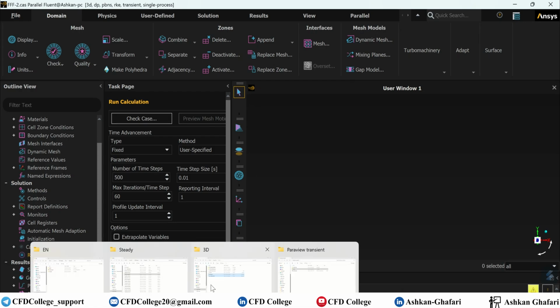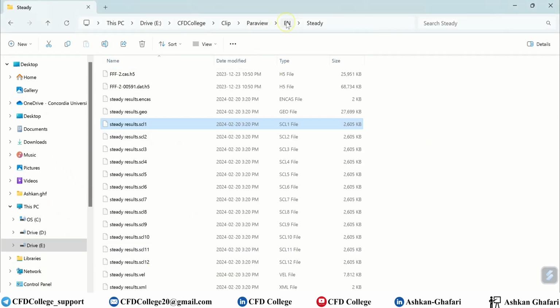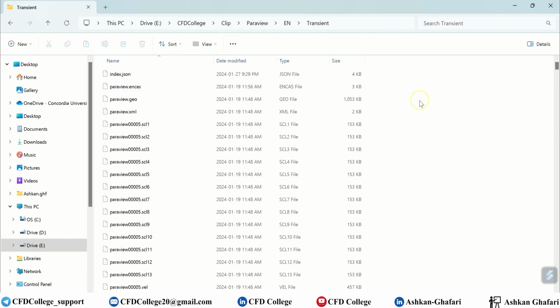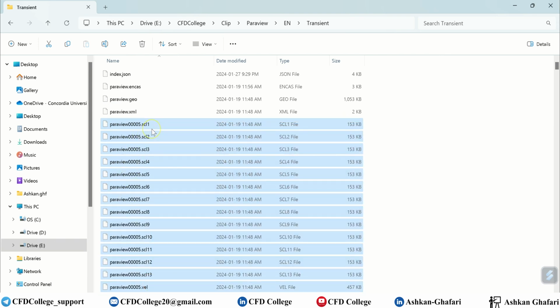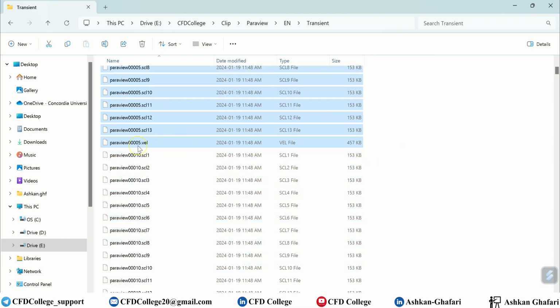so that you can use it in Paraview. If I show you a sample, this is the transient result. It's for a simulation, I think a flow over a cylinder. As you can see here, we have the in-case file, we have the geo file, and for each time step, we have these files. It shows that I chose 14 parameters to export from the simulation,